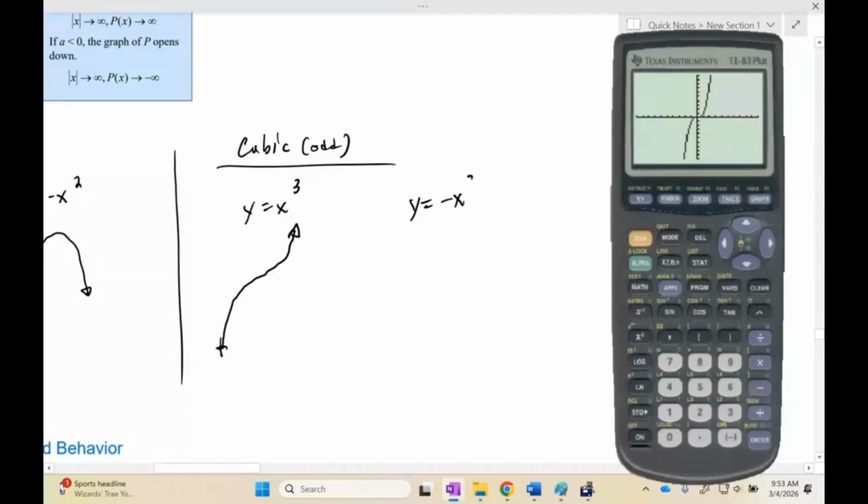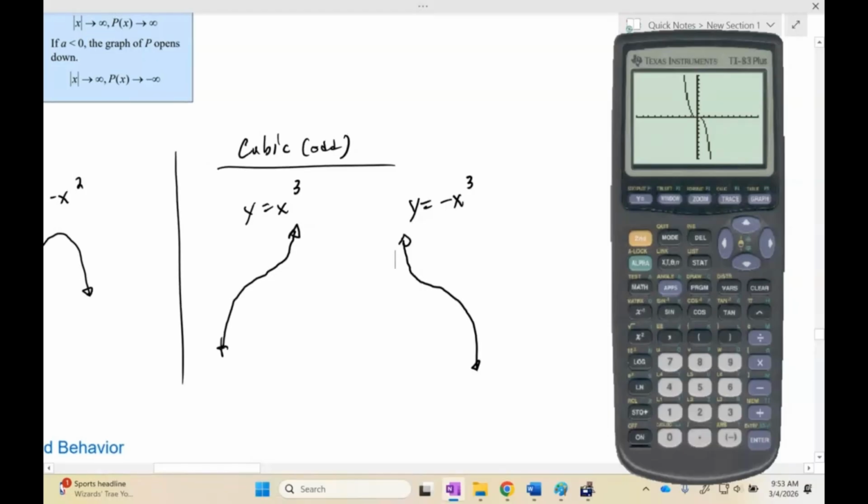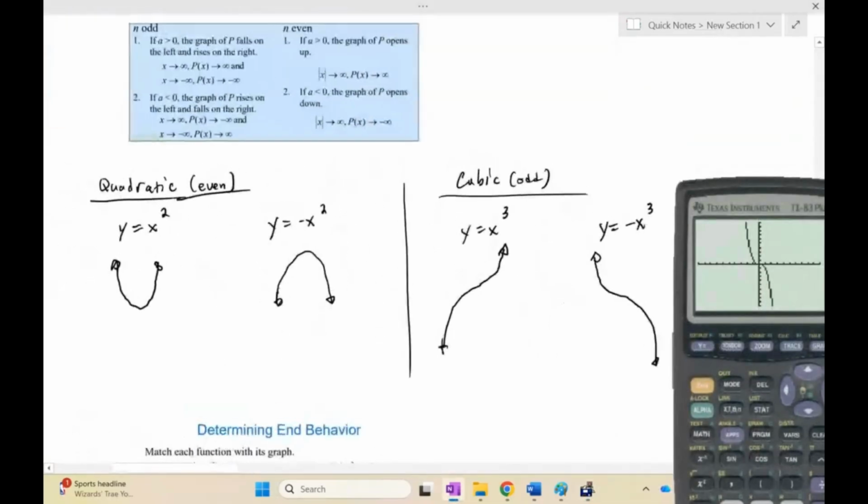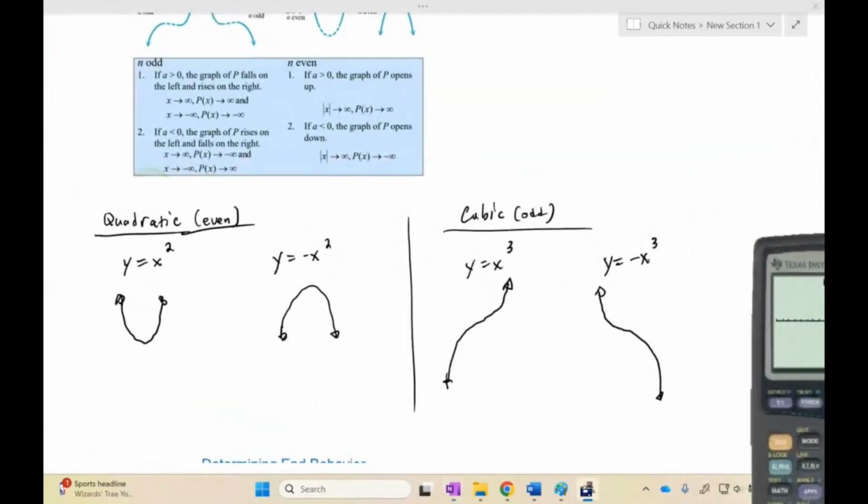If we were to graph y is equal to negative x cubed, that should reflect our graph across the x-axis. Oops. So notice the graph looks like this. That's true for any graph whose largest power is an odd number. Okay, so with these four basic graphs, the two basic curves,